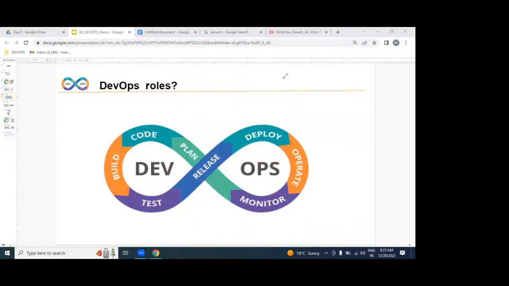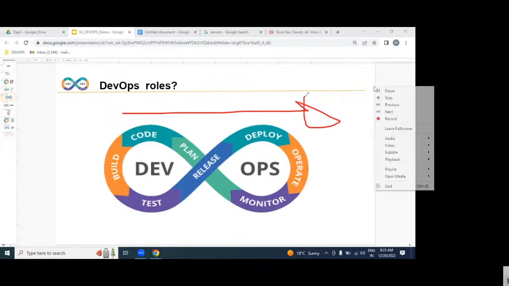Does that mean we are going to write any coding? Are we writing any test cases? No. We are not writing any coding. We are not writing any test cases. We are just going to implement an automated DevOps process from the dev environment to